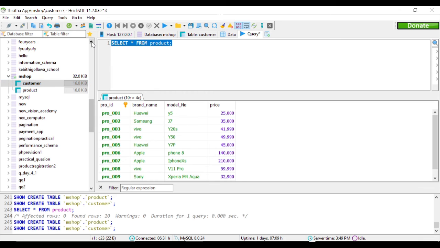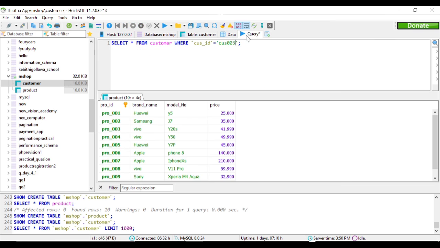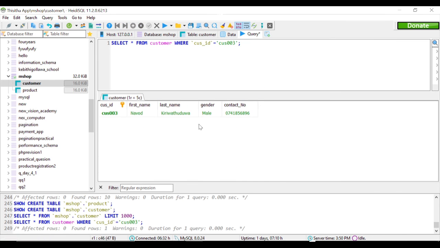Now I'm going to type it like this. It must be CUS003. So I'm going to execute it. And I've got the details of the customer